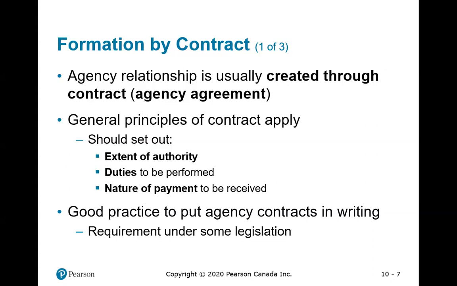So the company, my principal in Brazil, gave me authority to sell up to 1 ton of bananas per month. If I sell 2 tons in a month, what did I do? I breached the contract. Can I be sued? Yes, if my principal suffers damages, they can sue me. Okay, so that's granting authority under contract, and then duties will be there, nature of payment, etc.